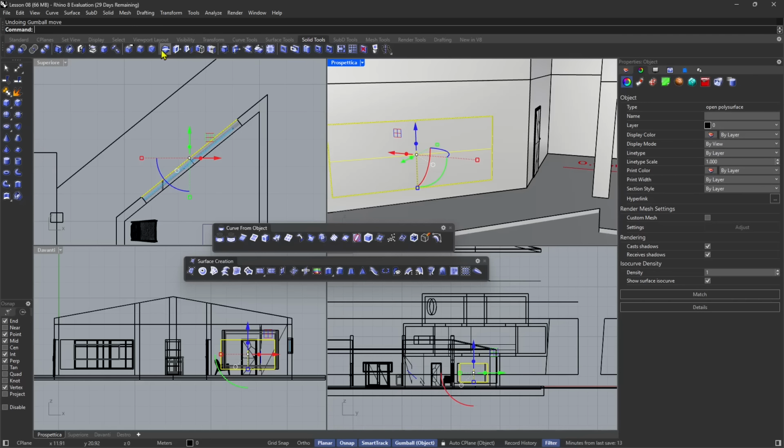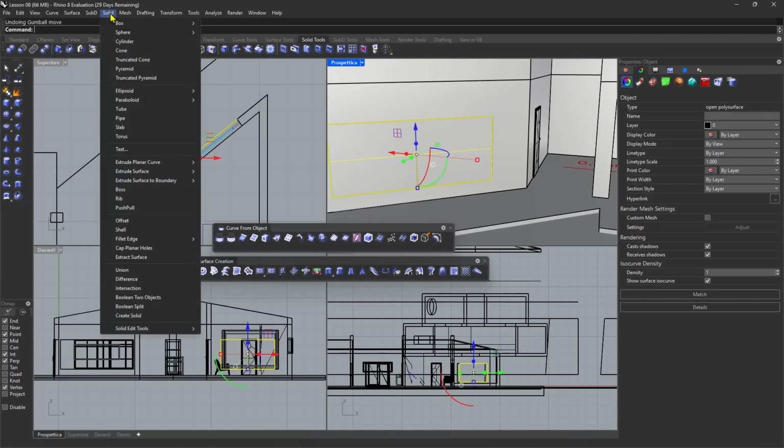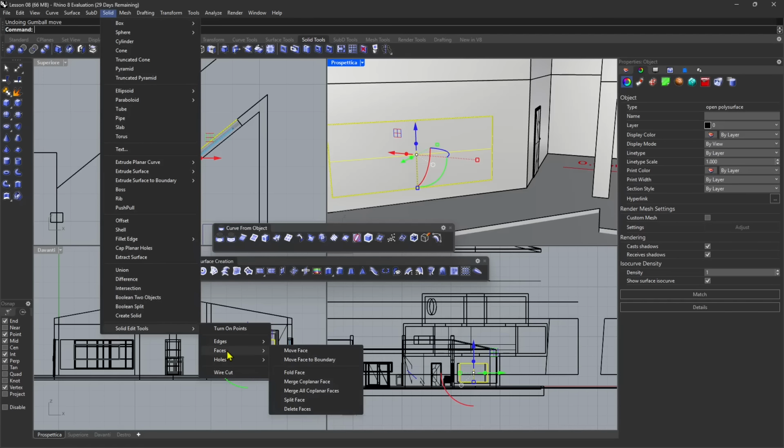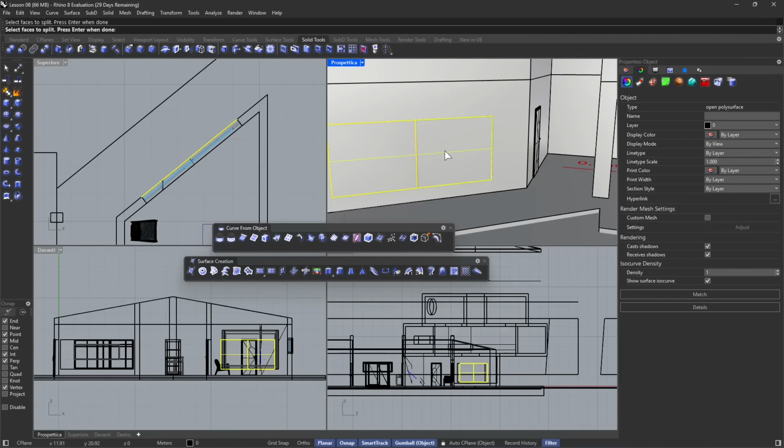But also, if we go with the solids again, let's go down and go to the solid edit tools. Are we working with edges here? No, so we don't need this. We can go to face, and here you can see we can split the face. So we can select the faces to split, and here we have isocurves, and again, U direction. Okay, so you can see now I can start to split. I can toggle and say V,